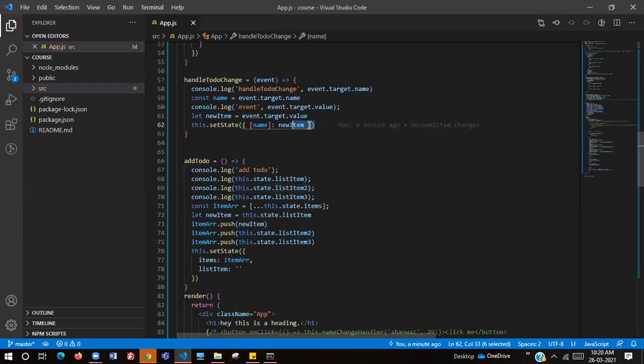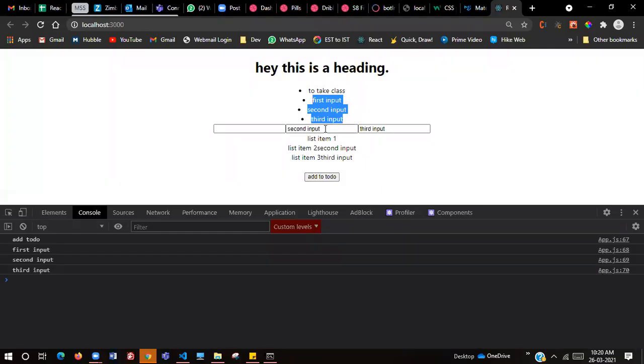So when we type, this state is nothing but a variable. Though we make a copy of it, or don't make a copy of it, it doesn't bother. We are just taking this.state.listItem as a variable of this particular class, and we are pushing it. But the main important thing that we need to consider is whether this list item is getting updated as soon as we type into it or not?